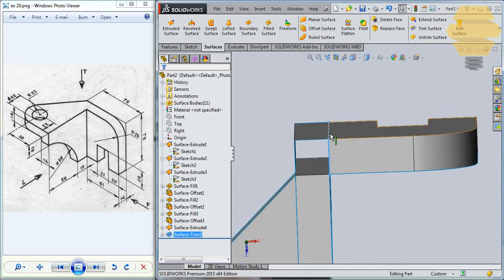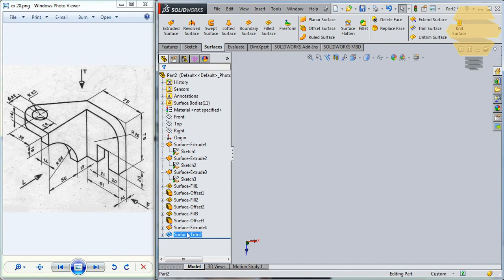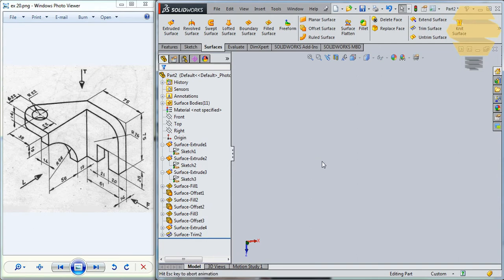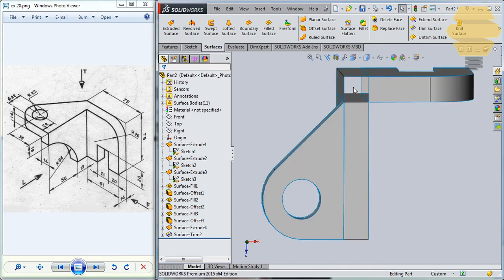Similarly, oops, I don't know where exactly the model went now. So we have something called zoom to fit. So to bring it back,